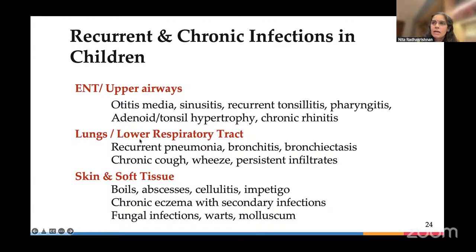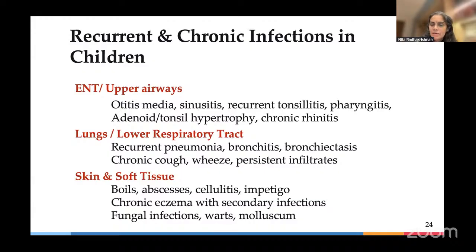Patients can present with lung and lower respiratory tract infections. Again, recurrent pneumonia, a wheezy child who is never improving in between, a patient who presents with bronchiectasis. Again, antibody deficiency, recurrent pneumonias. By the time we pick them up at 6 or 7 years of age, usually they already have bronchiectasis on board. And that's a sad fact in India, that by around 10 years plus they will be mildly hypoxic, and by the time they are 15, 20 years on, they would require oxygen at home and things like that. It's one of the reasons for lung transplant in the West. In India, that is not a very feasible option for patients.